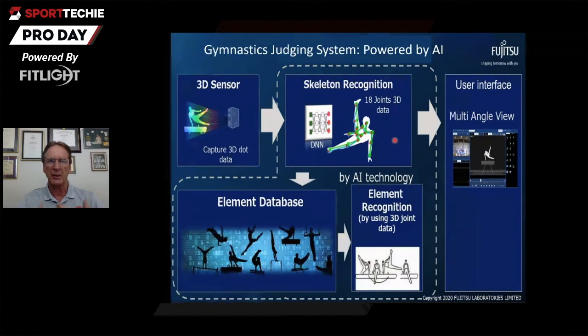And basically at the moment they're using it to augment the judges, but in the near future, at least for the difficulty score, it may be able to supplant the judge. The Federation of International Gymnastics, FIG, has a rule book, and all the skills that you can do are in the rule book. And these skills can be compared to the real rule book, and that's how we end up with a skill value or a difficulty value in the end. So this is very exciting technology. It was used in the World Championships last year and will be used at the Olympic Games next year.